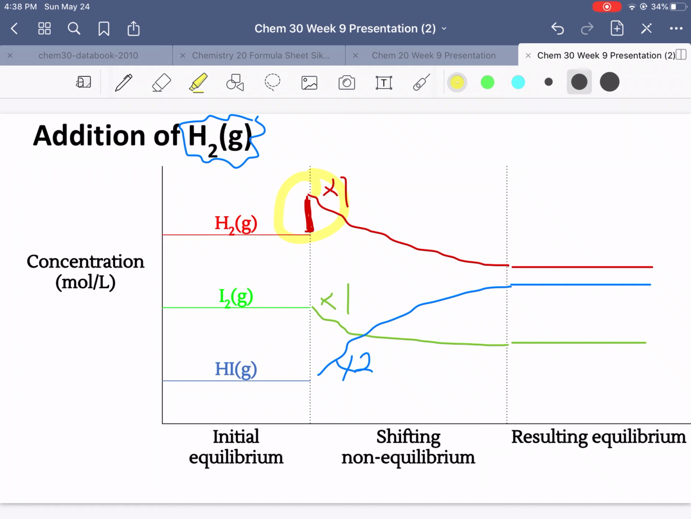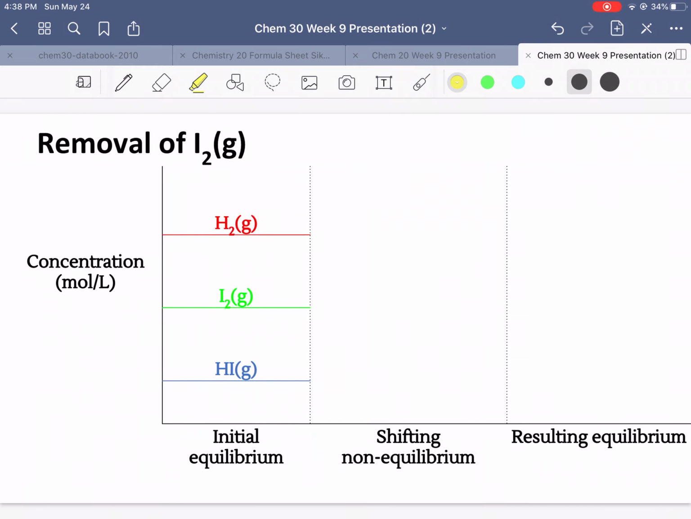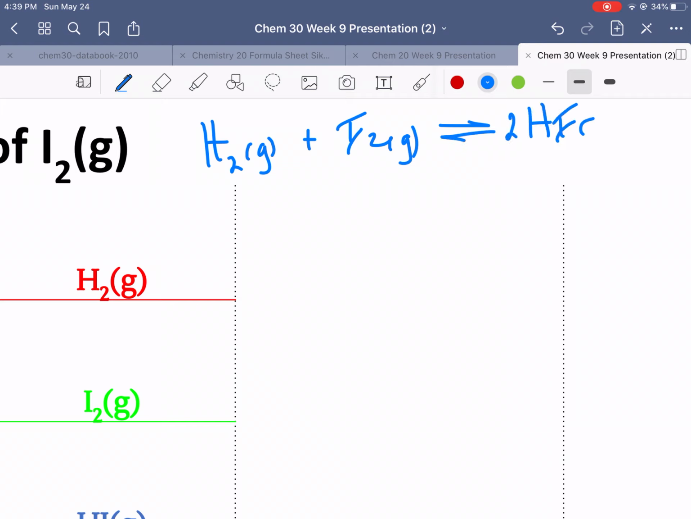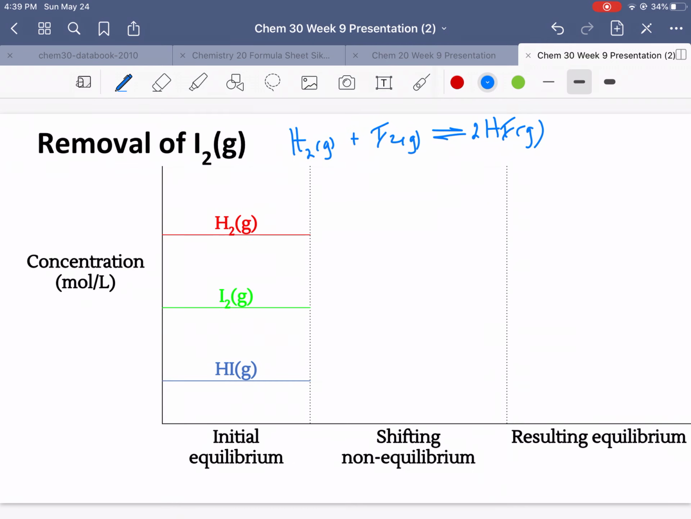Alrighty, let's check out another one. We're going to look at the same system, but in this case, instead, we're going to remove the I2 gas. I'll call your attention back to that original equation again. I'll write it down here for you. We've got hydrogen gas, 1 mole of it, reacting with iodine gas, again, 1 mole, in an equilibrium system to produce 2 hydrogen iodide gas. If I remove I2, so it doesn't mean it's all gone, but I remove a part of it,